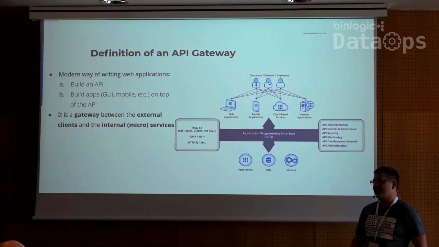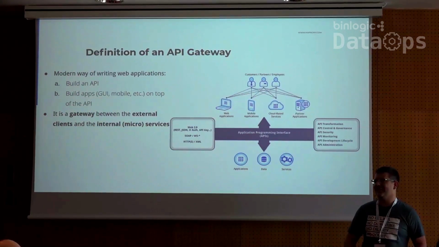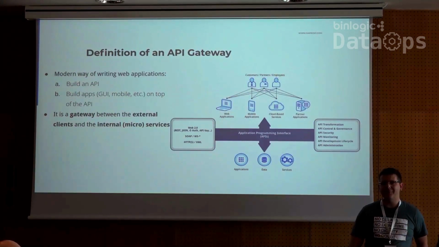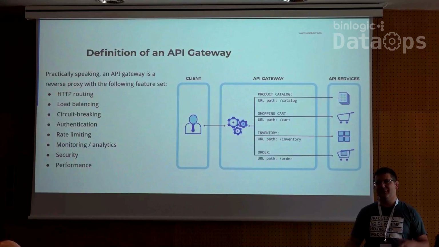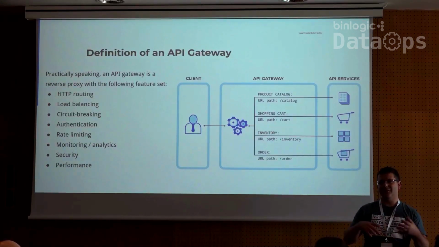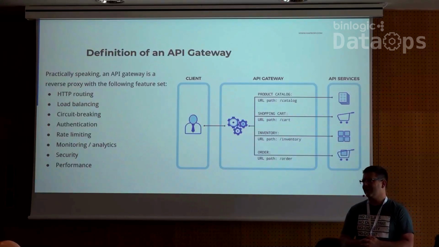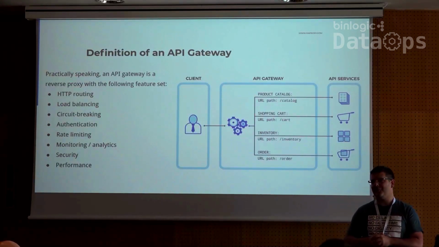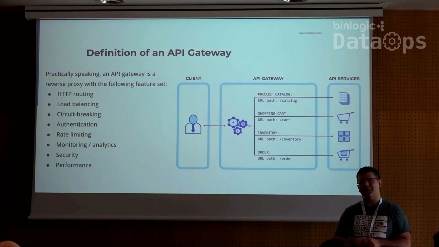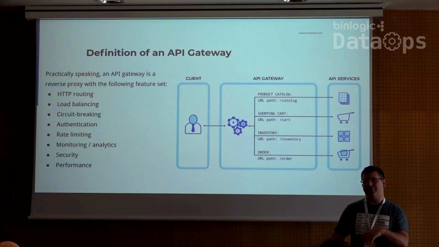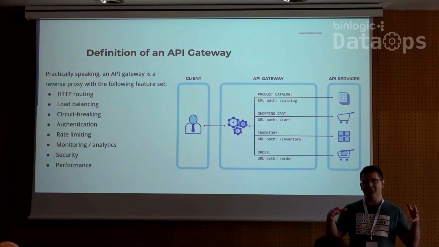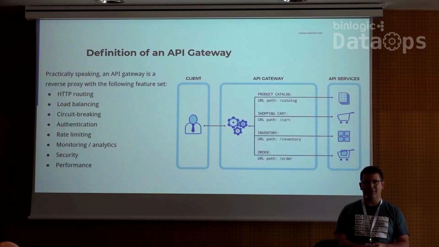Since everything is based on an API, the market has introduced a new keyword whose name is API gateway, which means that you need a component between your external world and your internal services. Because with the API or the modern way of developing your applications, we see more and more monoliths being broken into small services that we call the microservices. So we moved from PHP or Java big blocks of applications into a lot of small chunks called services, and we need some kind of HTTP router between all of this.